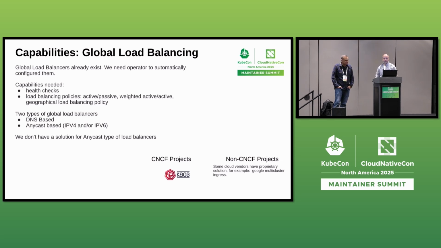I think MetalLB can get close to that with the BGP implementation, configuration profile, if you do that. But you still have to force the two clusters to publish the same IP. So it's a very unnatural thing to do. You usually just create a service and get the IP assigned. But if you have two deployments that represent the same service, you would have to force them to use the same IP. So MetalLB can get close to it, but we're not there yet. So the call to action here is, let's have more projects like K8GB, maybe even targeting the Anycast space, okay?